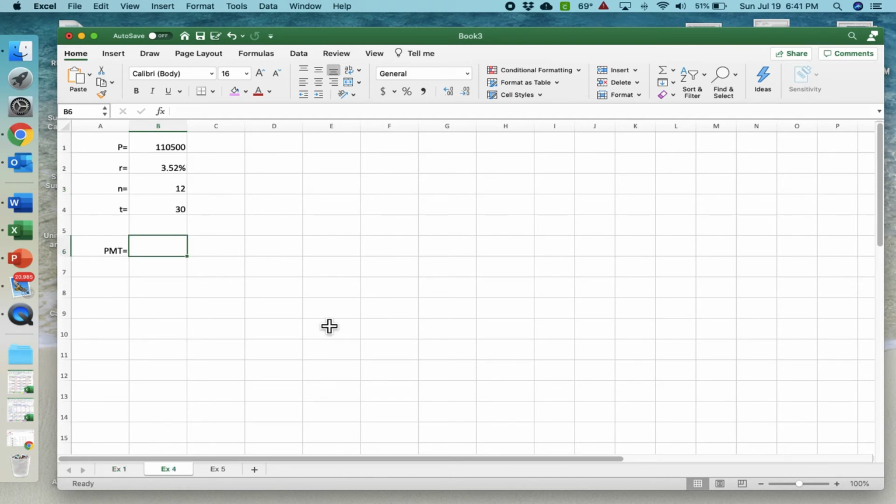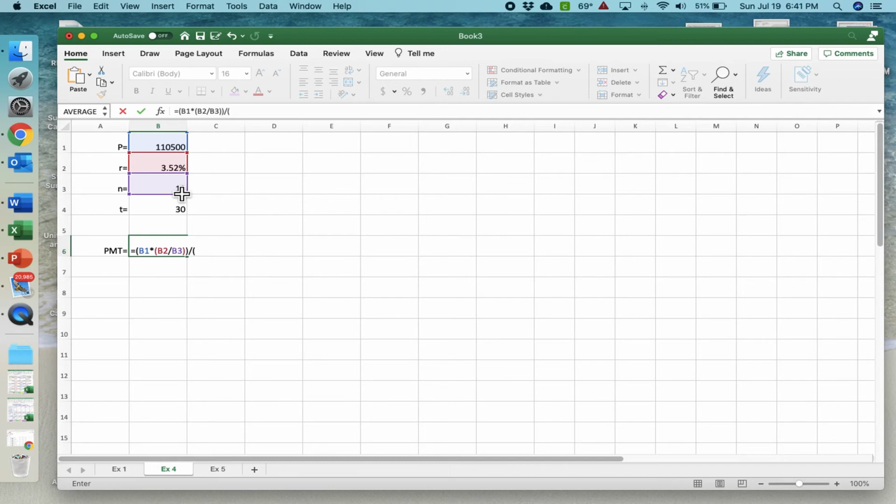Next, let's look at example 4, where we were trying to find the payment with an amount financed of $110,500, a rate of 3.52%, N was 12, and for 30 years. So P equals, everything on top needs to be in parentheses. So P times, and then R divided by N in parentheses, close the top, divided by everything on the bottom